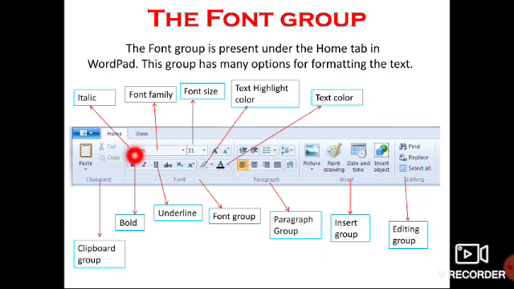You can see here bold, italic, underline. Next you have font family where you can change the font, you can change the size of the font, you can even highlight the text. Here you have different colors of the text and various options. So let us use these options one by one.